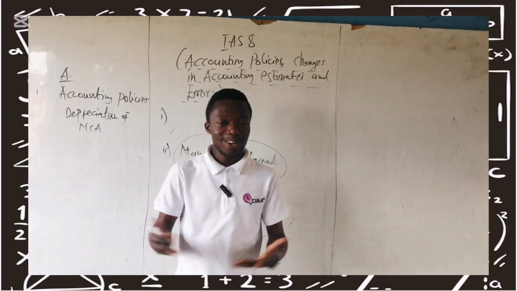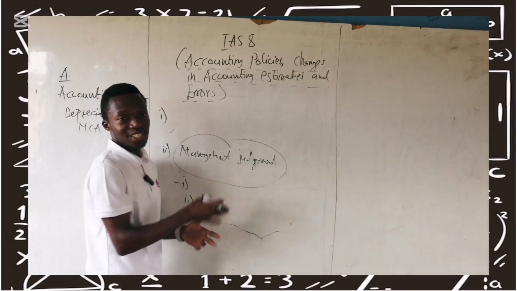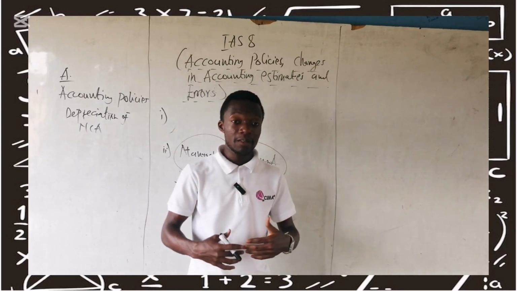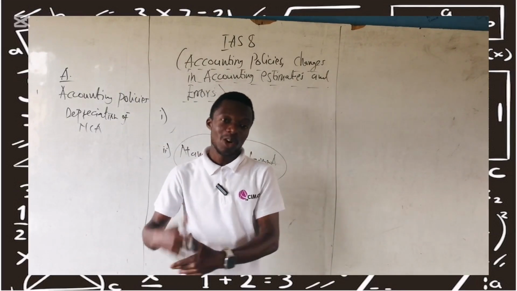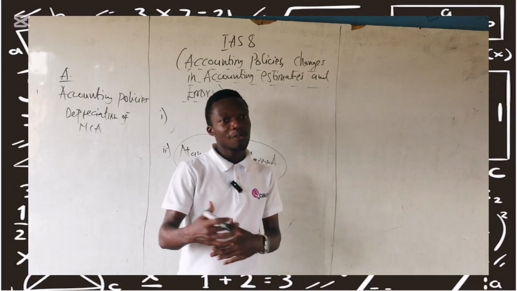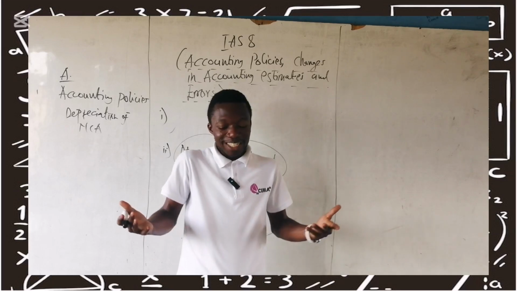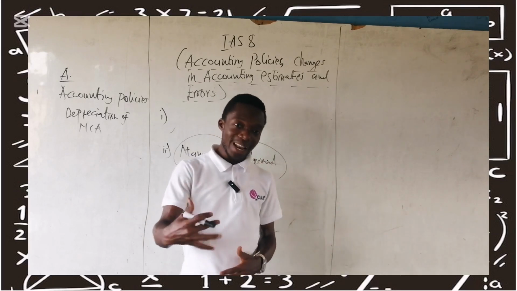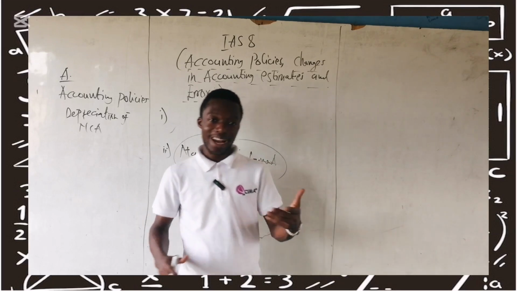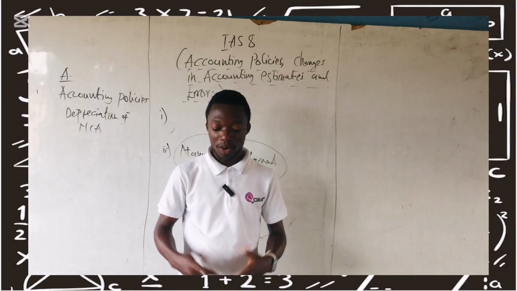Then also, we are still in management judgment. Even though we are saying management has to use their own judgment, all that we are trying to push management toward is to ensure reliability and consistency, so that when we compare financial statements of one period against another, we can have consistency and then reliable and relevant information for users of the accounting information. So these are some of the reasons why management has to follow the definitions in the conceptual framework of assets, liabilities, and income elements, or the interpretation of that.